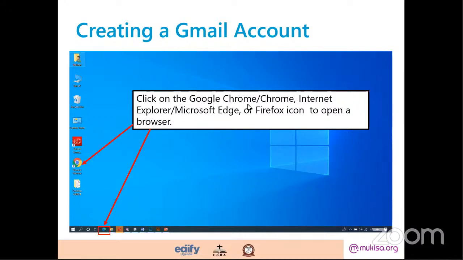You have to click on Google Chrome, and on phones we call it Chrome, and the Internet Explorer, as you see down here, sometimes it's called Microsoft Edge or the Firefox icon. When you have Firefox, you can still open in that browser. When you open it,